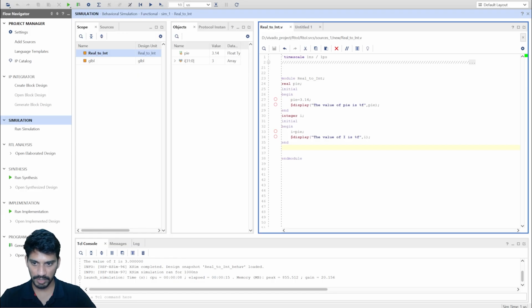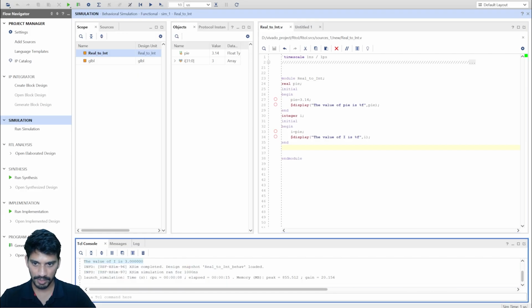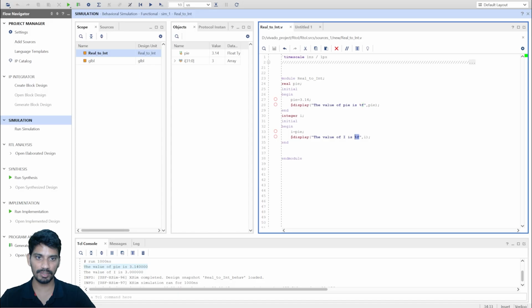So you can see the message also: the value of i is 3 and the value of pi is 3.14. Even though you are printing in floating notation, since i is an integer, it was truncated to the nearest possible integer value. So let's do the same thing,